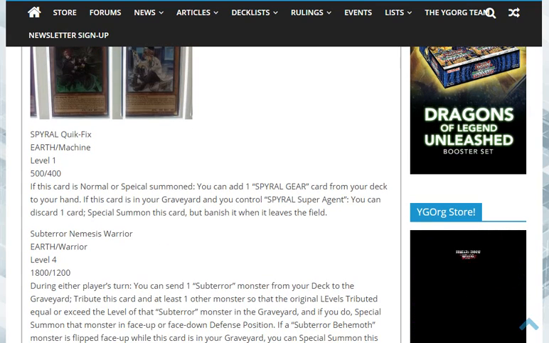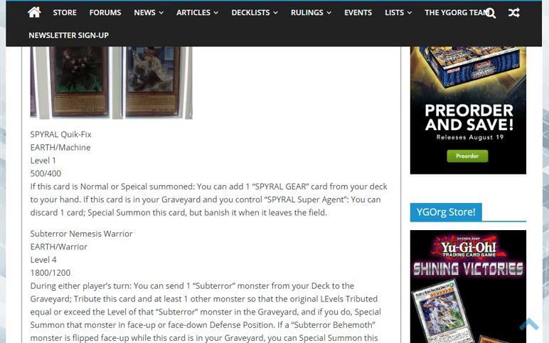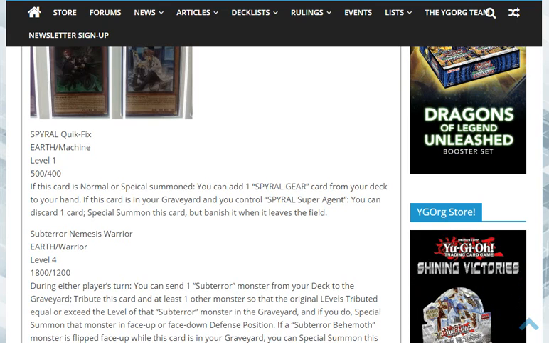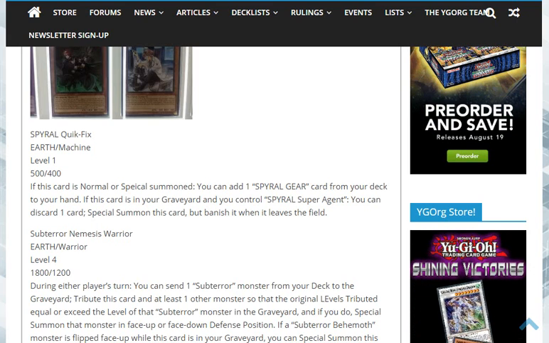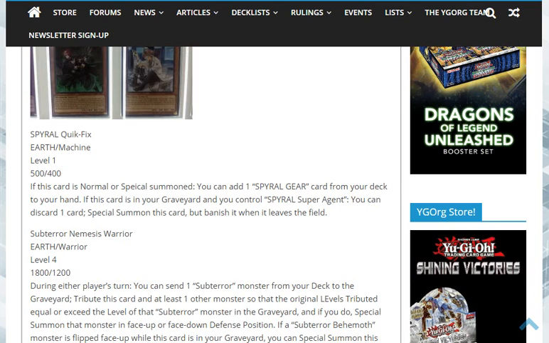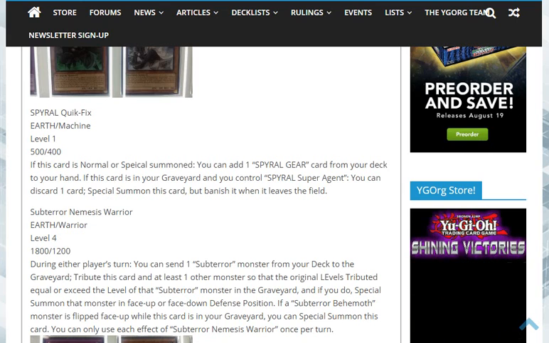This card is cost sending to the graveyard. A cost Foolish Burial is always good in the game. The only problem is it has to be probably face up on the field, and then you have to tribute another monster to get the levels right. So it has predicaments in which you're doing stuff to use this card, but it's definitely better than the Spiral